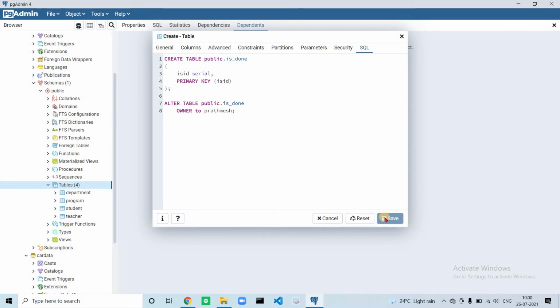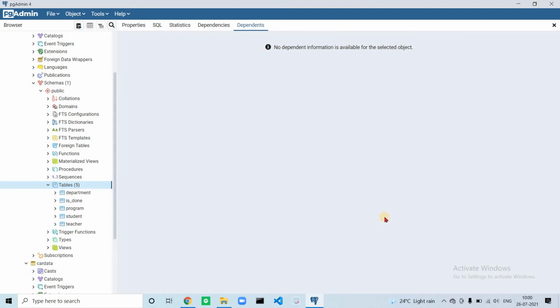The table will be created. If I refresh the tables, it will show me the is_done table. Let's view the table structure and create a column.